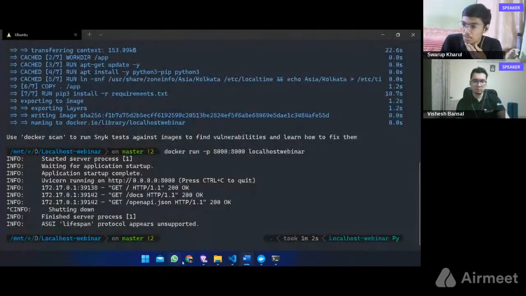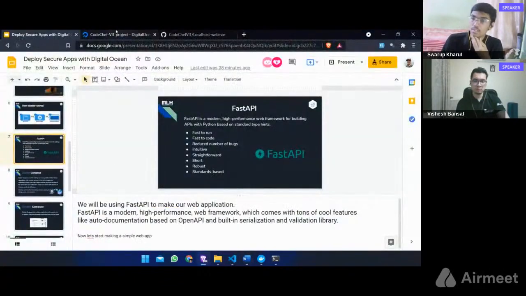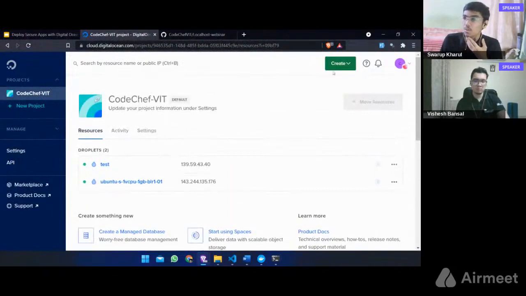So let's head to digitalocean.com. You can create a DigitalOcean account using your credit card details, and your account will be created, and you will be credited $100, which you can use over 60 days, and it will be free of cost. Also, if you have GitHub Student Pack, you can directly get $100 from your GitHub Student Pack using the DigitalOcean GitHub Student Pack account. So even that you can use.